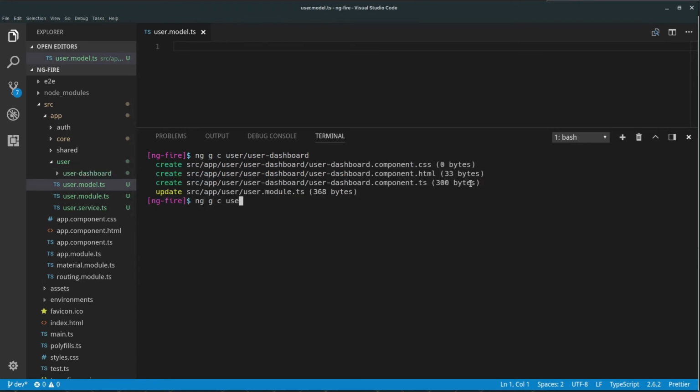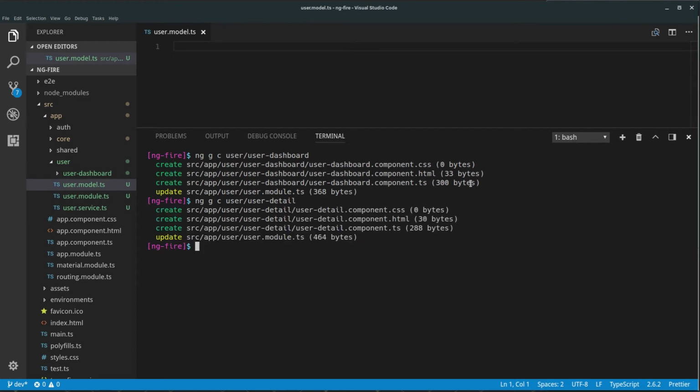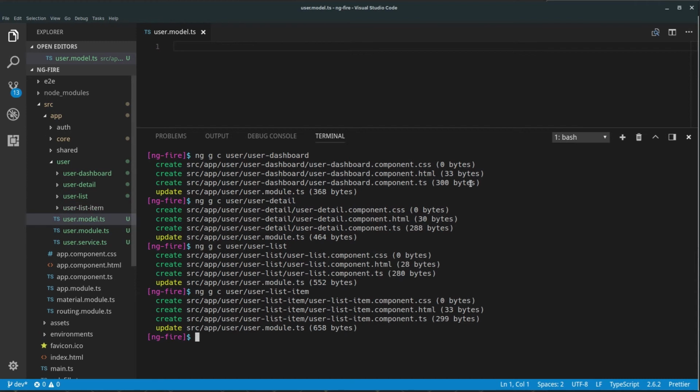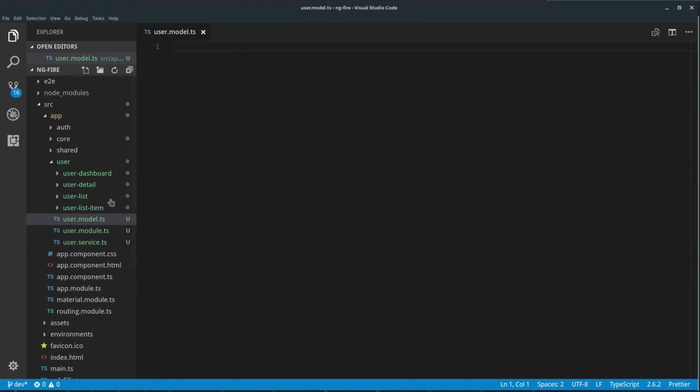ng generate component user detail, user list, and a list item. Okay, now we should have everything we need. Just close this